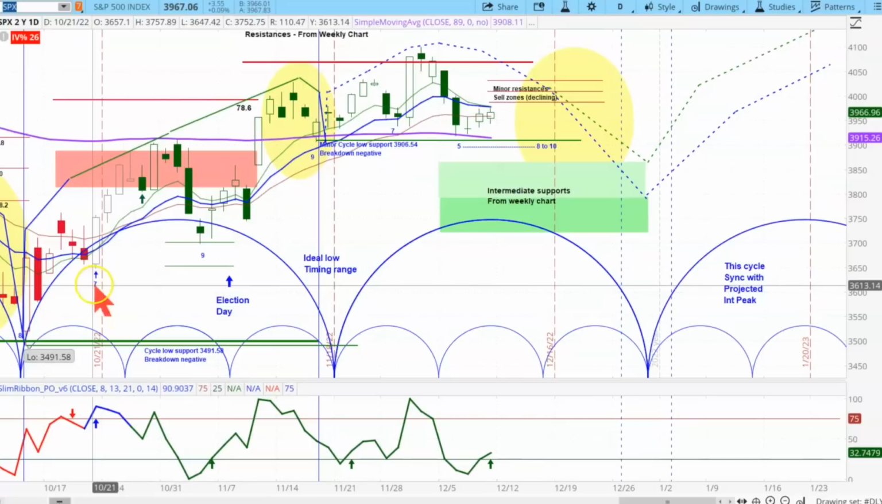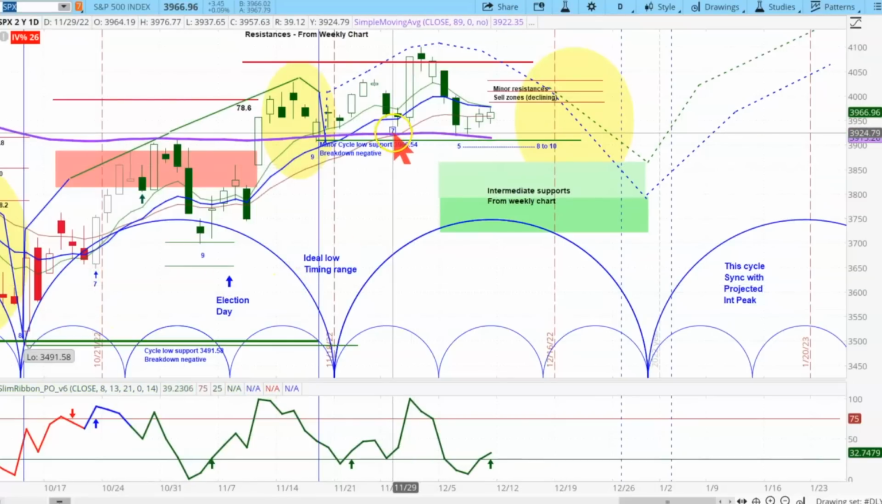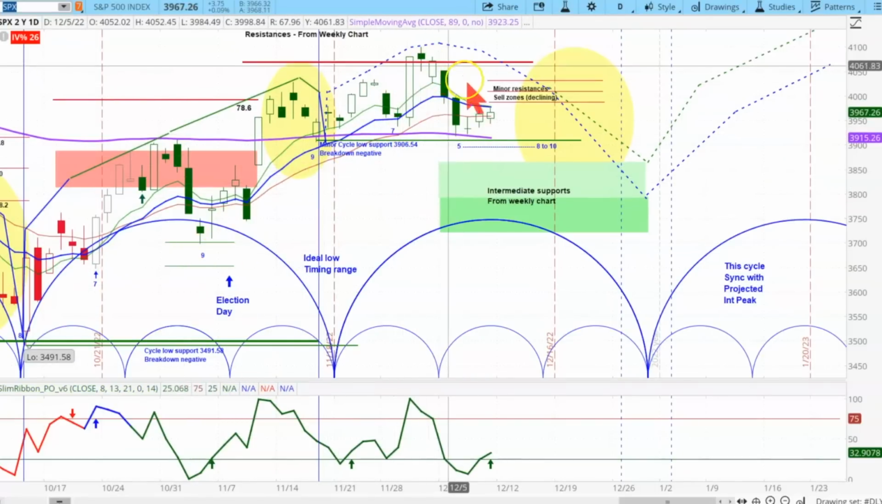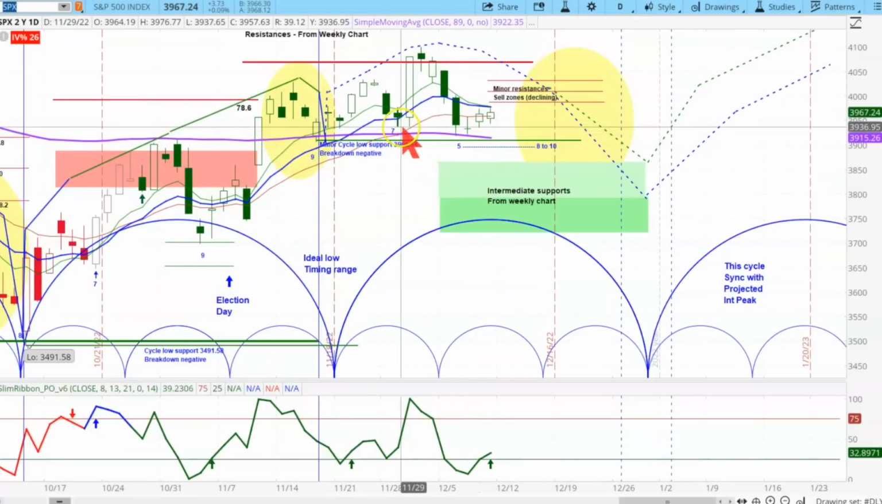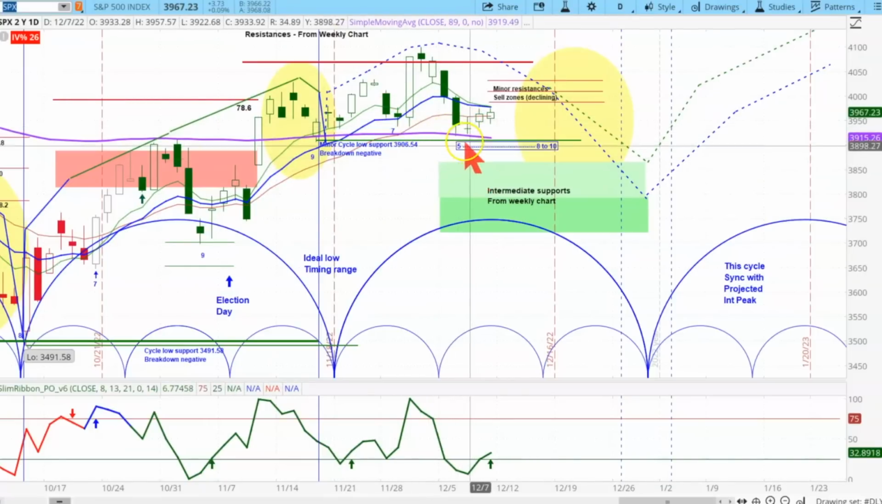This was a short one at 7 right there, and this was 9. This right over here is only 5 days off of that low. That says to me this is a bear flag, and that the rally that we're seeing in these last few